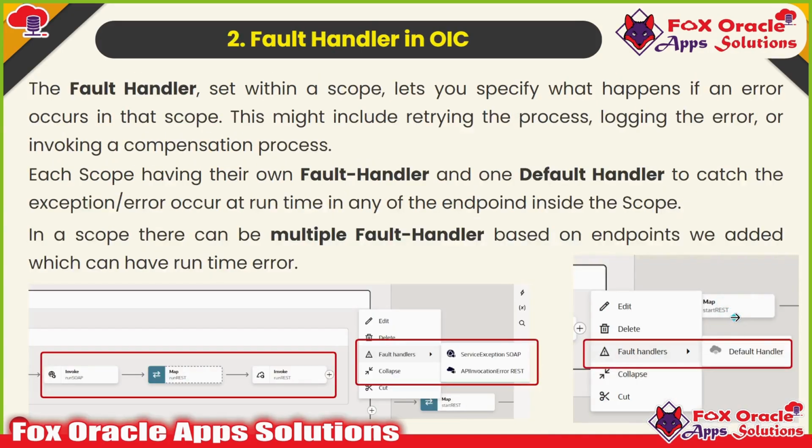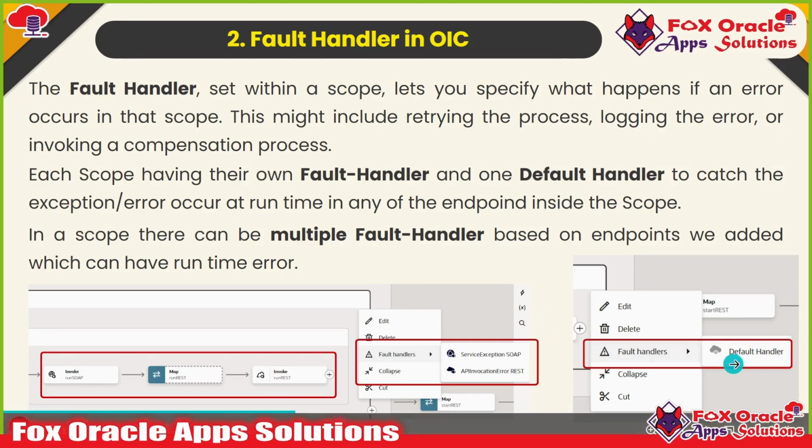So that we can work on that, so that we can write our logic in such a way that if we got an error, we can decide what next process we want to do with the data. And obviously, I told you that for each and every scope there is one fixed fault handler, that is known as the default handler. And